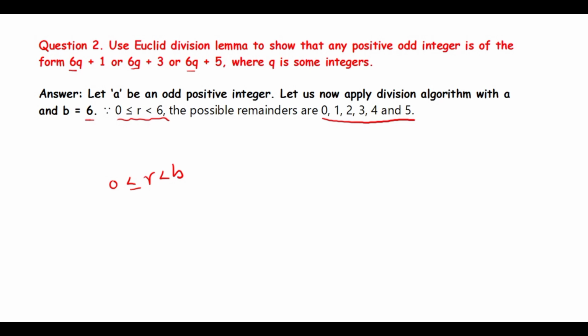You may ask, sir, before we got only 1, 3, 5. Yes, that is because we have taken only odd numbers. What I am saying is, if you take any natural number and divide it by 6, the remainders you will get are 0, 1, 2, 3, 4 and 5. But if you divide any natural number by 8, the remainder is less than 8 and at least 0, that means 0, 1, 2, 3, 4, 5, 6, 7. If you divide any natural number by 5, the remainder will be at least 0 and less than 5.